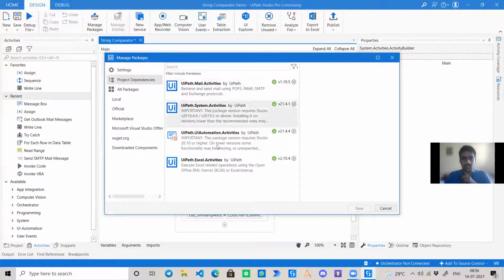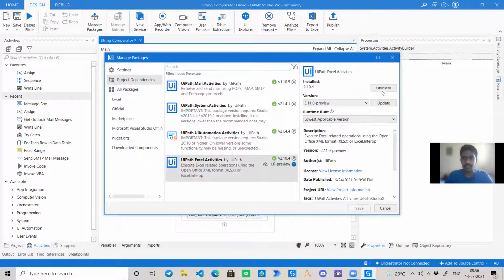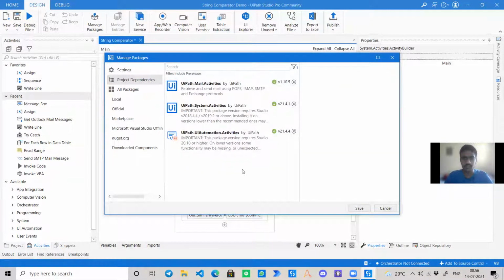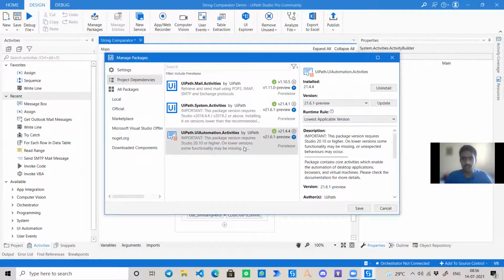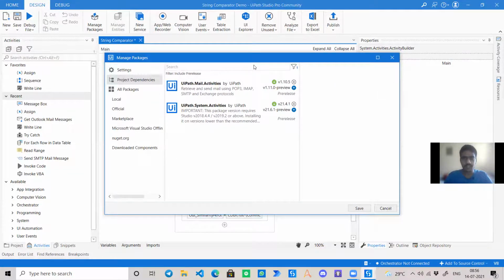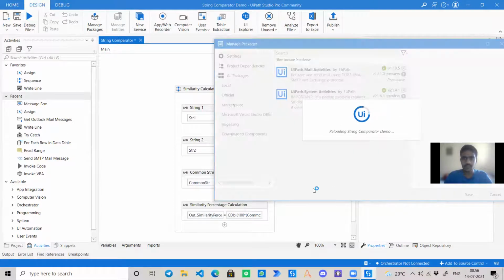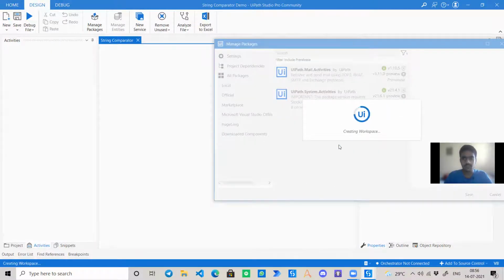Now over here, we are not using Excel activities. So let's uninstall it. We are not using any UI automation activities. I'm not sure since it is a general package, but let's try to uninstall and see if any problem occurs in our work.